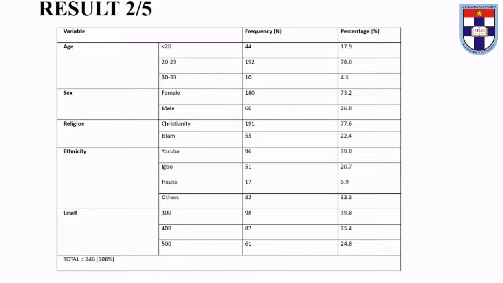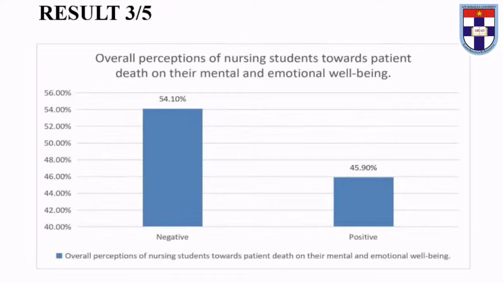Now, the results. The findings revealed that most of the respondents were between the age of 20 to 29 years old. Most of them were female from the Yoruba ethnicity, and they were mostly Christians. Based on the perception, as you can see here, most nursing students have a negative perception towards patient deaths. And from this category, we assessed their perception based on sadness, helplessness, and crying. And we had a high percentage from the